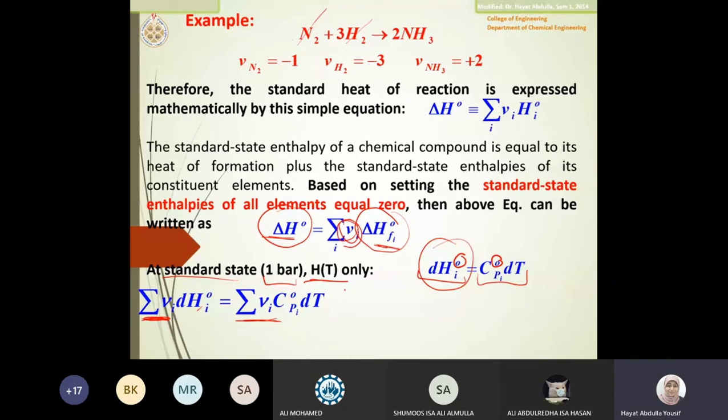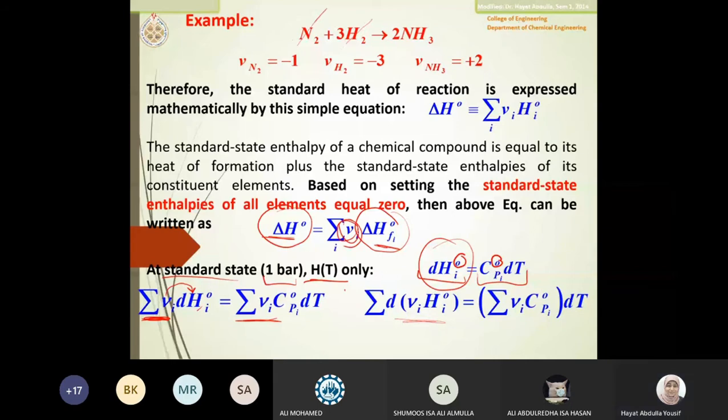Okay? Remember that those are numbers, stoichiometric numbers, meaning constant values, and I can place them anywhere. I can just put them here. Because I can move them anywhere, I just put them inside. So it is the stoichiometric number times HI, and each one I multiply by its stoichiometric number, and then I will get the equation as it is. So it's only a number, so I have the freedom to put it either inside the differentiation or outside. Like when you say 2dx or d2x, it's the same because 2 can be taken outside the differentiation.